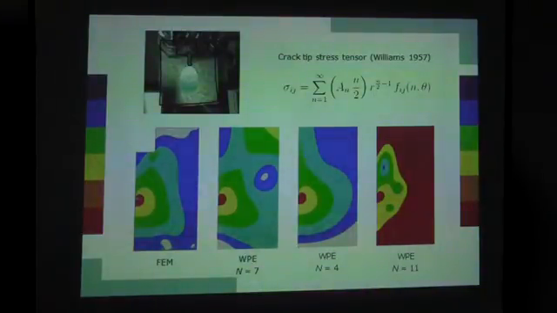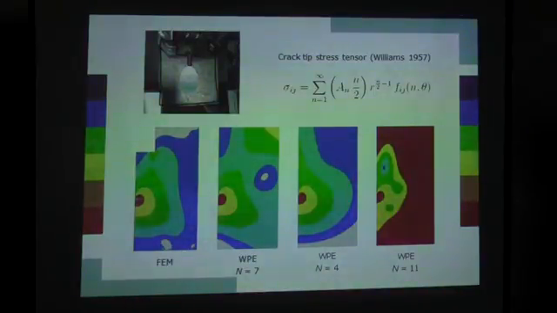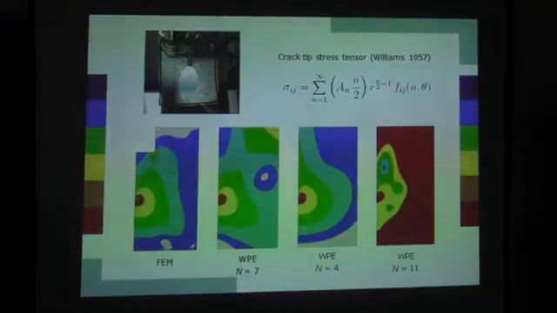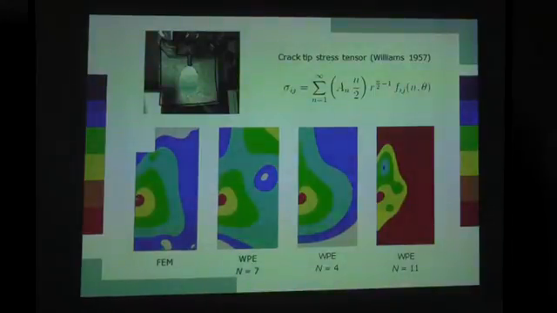So for that we use the Williams solution, and when we use that multi-parameter description, when we use this power expansion, we need several terms of that series. We can use several higher order terms, but how to determine those terms? And based on the number of those terms and the way these terms have been calculated, we can